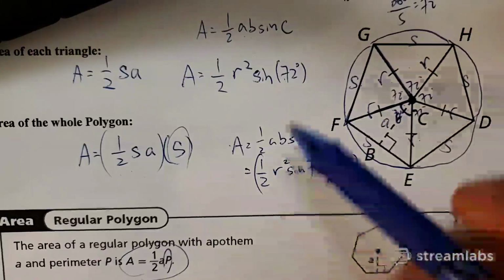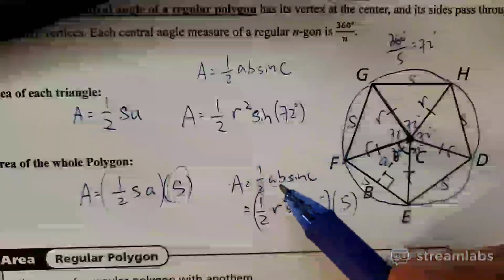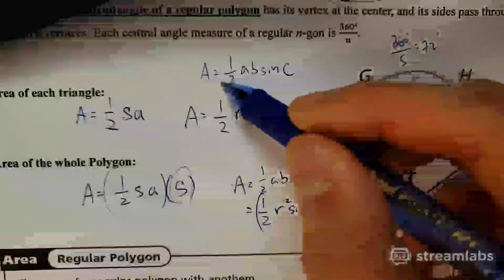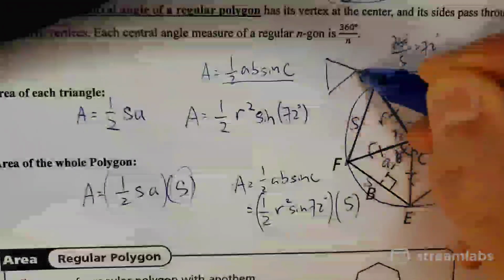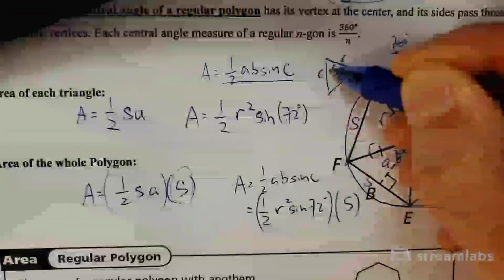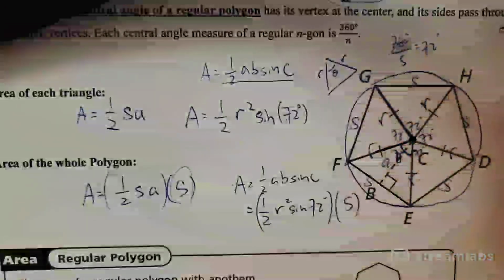It's not r square root, it's r square. So the alternative formula for a triangle, if you're given, it's r times r, because you have a triangle that looks like